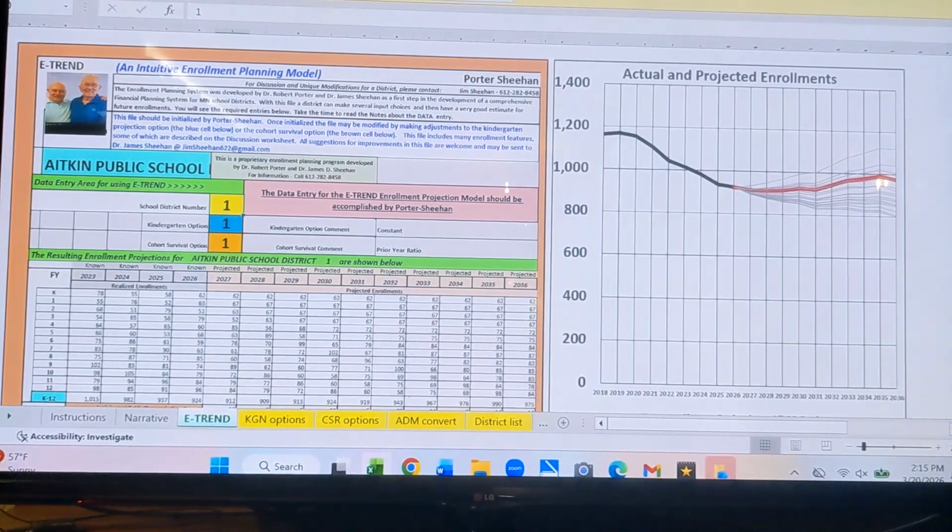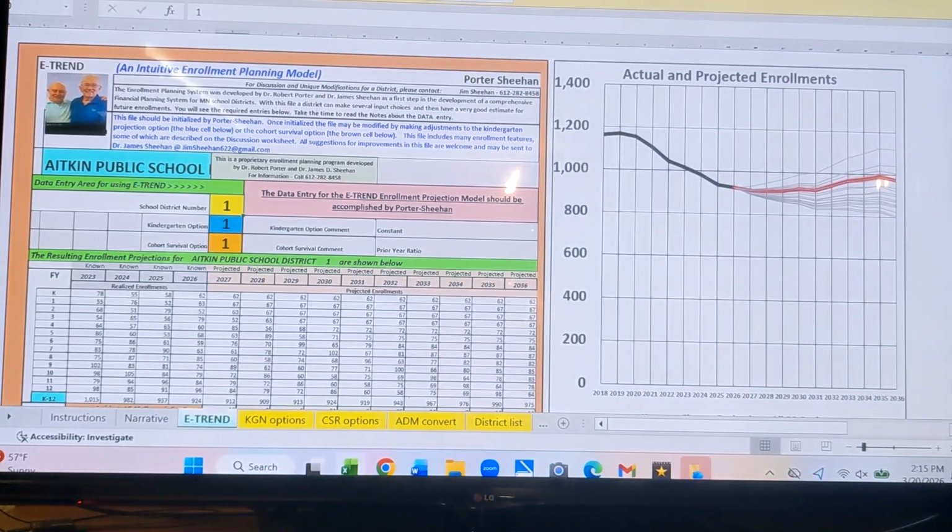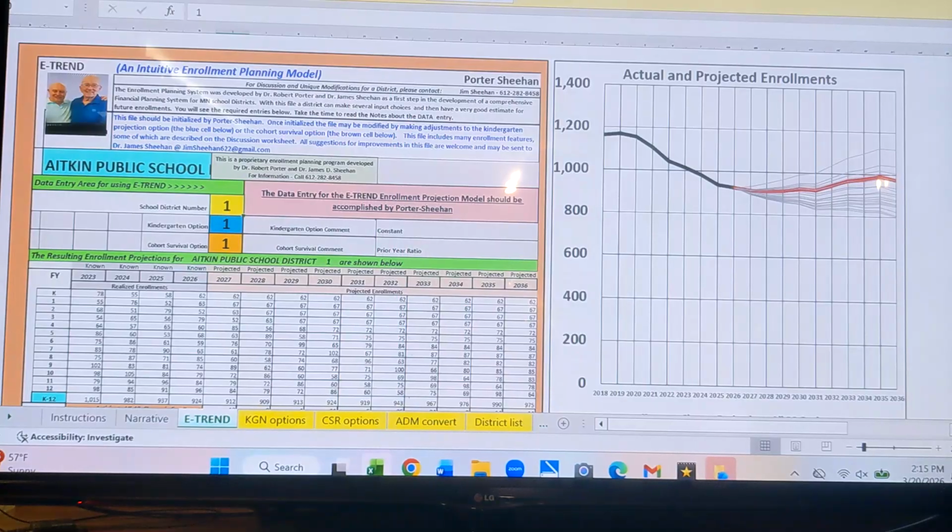This video explains Bob and Jim's spreadsheet for projecting enrollments in Minnesota public school districts. There's one kind of analysis for kindergarten and another for grades 1 to 12. The spreadsheet gives the user 4 options for kindergarten and 5 options for grades 1 to 12 for a total